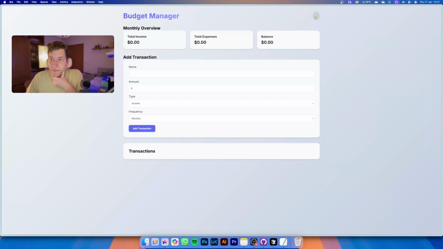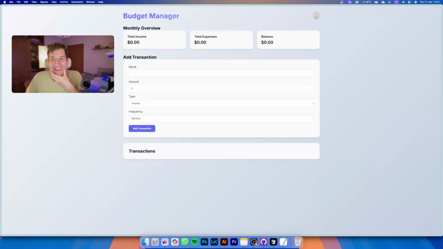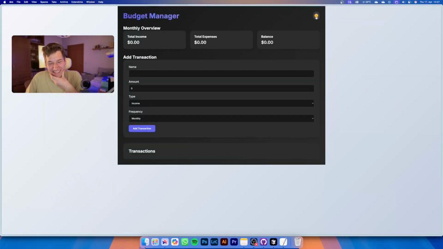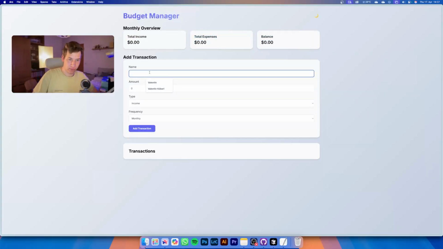I also wrote to include a dark mode. The dark mode does not look really good. You see there are many errors, but I think the animations and the text, it's really good from such a simple prompt. We'll test the functionality by giving the first transaction a name, and